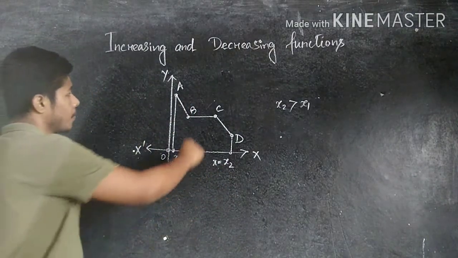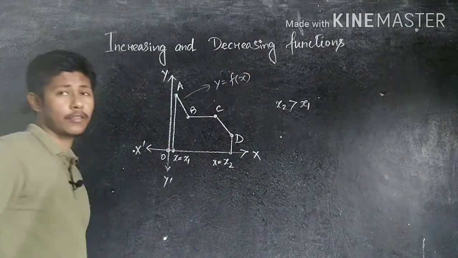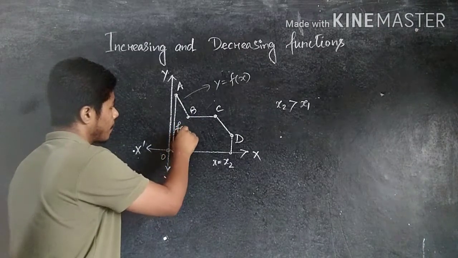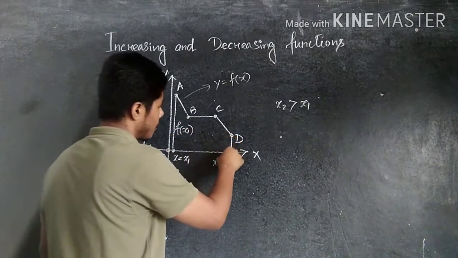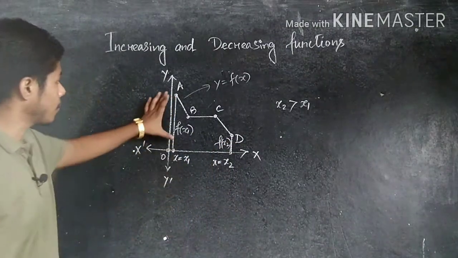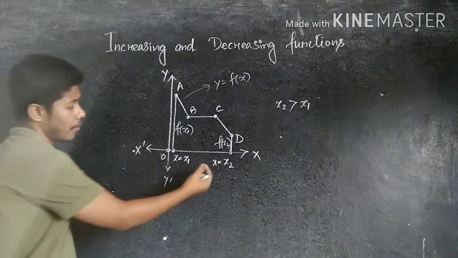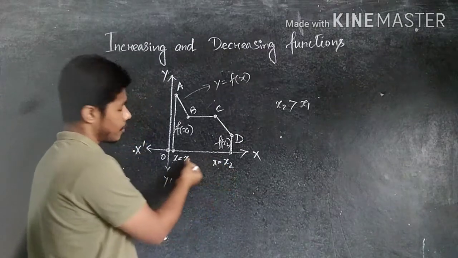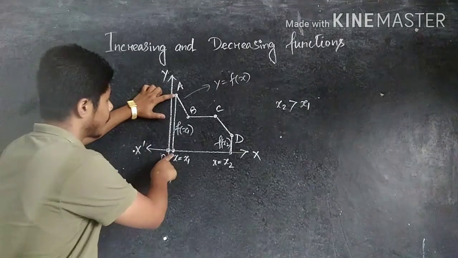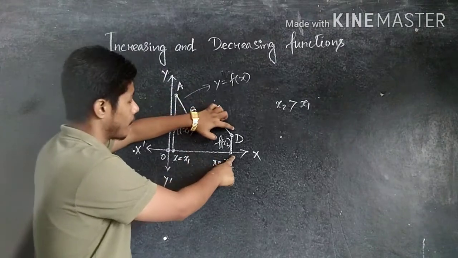So now, if you measure the curve here, suppose y equal to f of x. If we consider the curve y equal to f of x, then the length of this y-axis is what? F of x1, and the length of this one is what? F of x2. Is not it? So this one is f of x1, this one is f of x2. So now in this case, according to our condition, x2 is here greater than x1. But if you see practically, which length is greater here? Obviously f of x1 is greater comparing to f of x2.